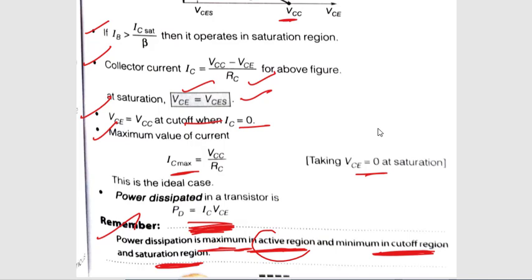Whenever the BJT is in active mode, it will work as an amplifier. When it is in saturation mode, it will work as an on switch, and when it is in cutoff mode, it will work as an off switch. So this is all about the bipolar junction transistor, the configurations, the modes, the types of operation, everything about BJT. In the next lecture, formula series number 8, we will discuss transistor biasing. There are 4 types of biasing and the thermal stability related to that. We will discuss all these things in the next lecture.